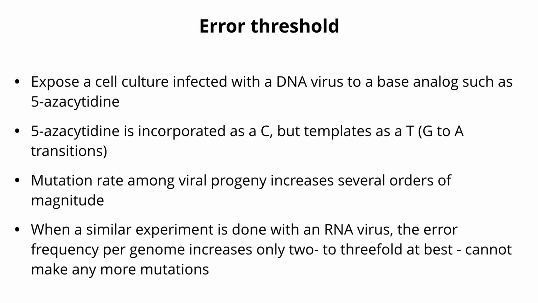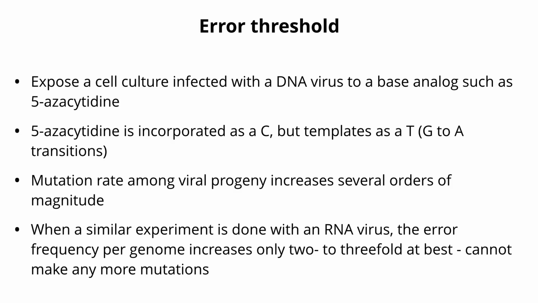So here's an experiment where we can demonstrate the existence of an error threshold, first for a DNA, then for an RNA virus. So we take a DNA virus and we infect cells with this DNA virus, and we have added to those cells a base analog. So 5-azacitidine is a base analog. And what happens is this will be incorporated into the DNA, the replicating DNA of the virus, sort of like an antiviral chain terminator. But in this case, it gets incorporated as a C, but behaves as a T when